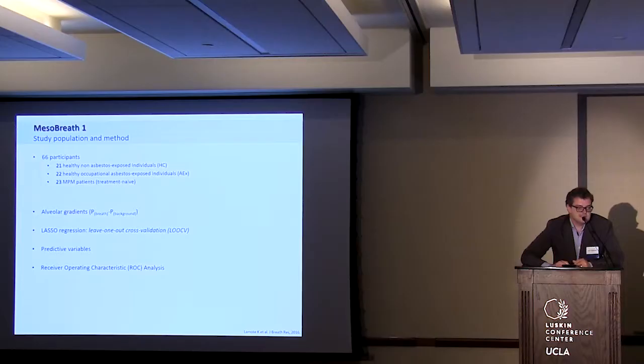What has been done afterwards is we calculated the alveolar gradient, as has been mentioned before, to correct for background contamination. So we subtract the concentration of the volatile compounds in the background from the one we have found in the breath. Afterwards we did a lasso regression followed by a leave-one-out cross-validation, because this allows the automatic selection of important compounds that are responsible for the discrimination between the patients and the controls. So we get a list of the predictive variables of interest, and with that we worked further and did a ROC analysis in order to see how well both groups were discriminated.